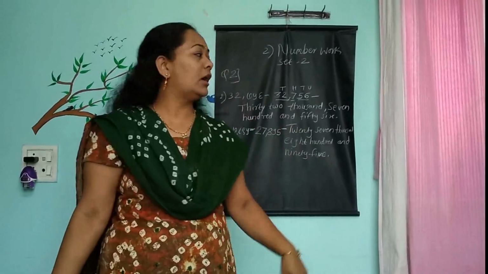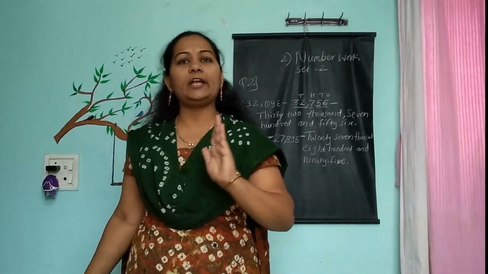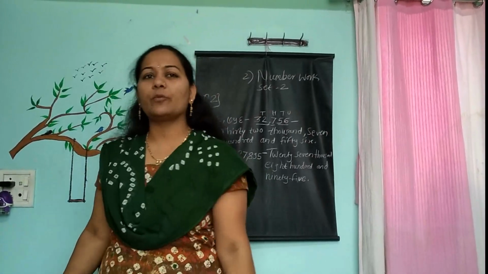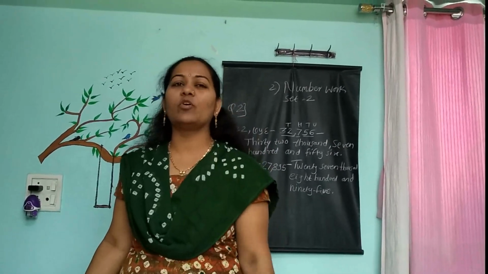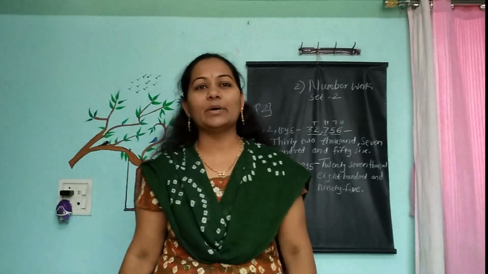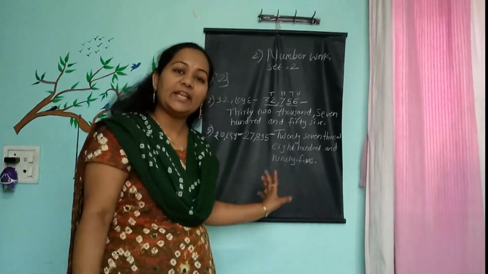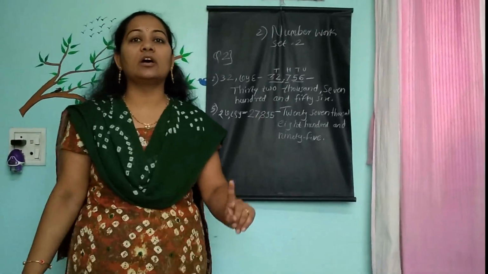So like this way, our question number 2 is a conversion from Devanagari to international, and the international number we wrote in words. I hope you understand well. Your knowledge of this lesson is very important for your word writing. So practice word writing. I hope yesterday's homework you have done, dear all. That is 1 to 100 numbers writing in words as well as in numbers. Now you will carry these questions and 10 more numbers for your homework. Now after a few minutes, let's get ready for your third question.